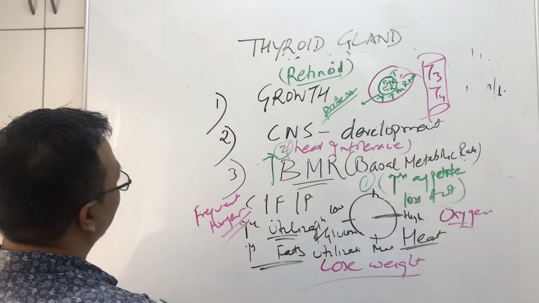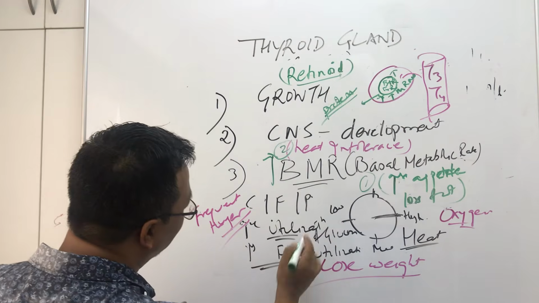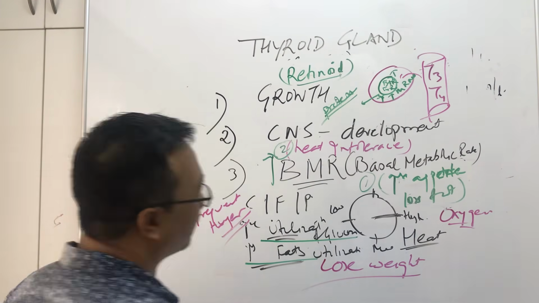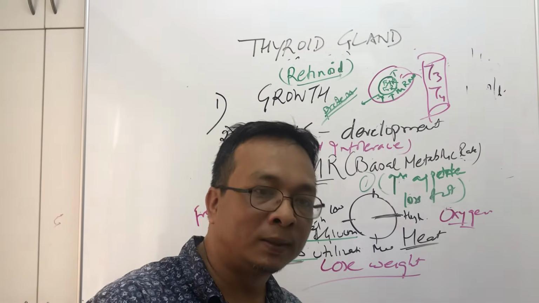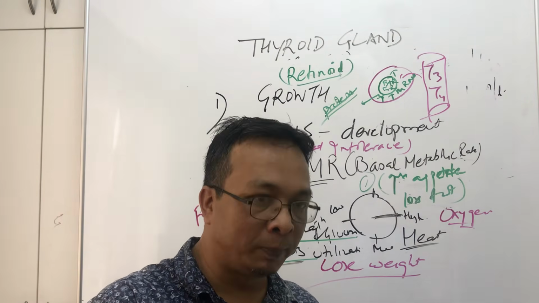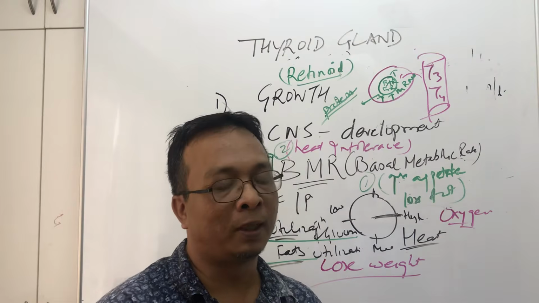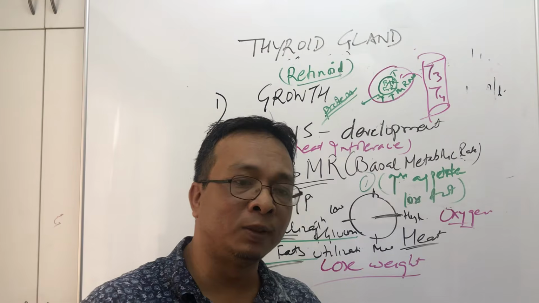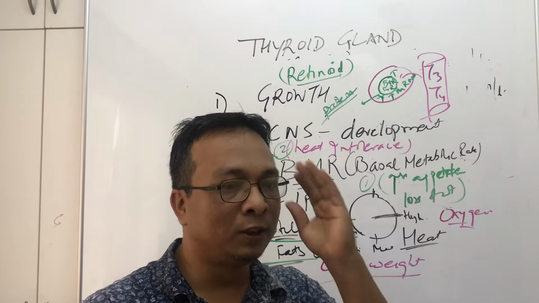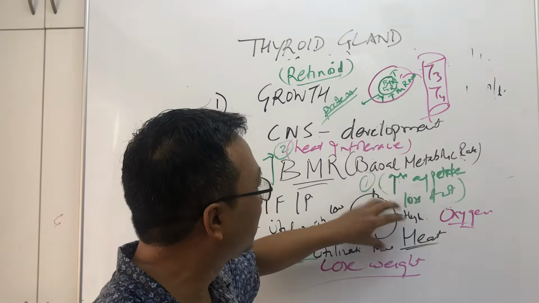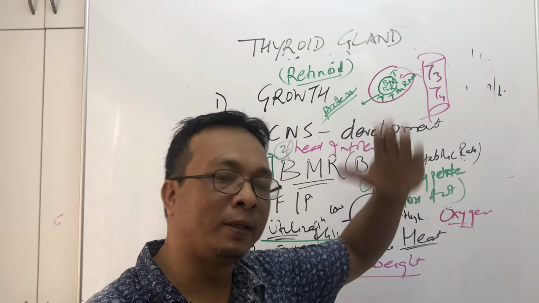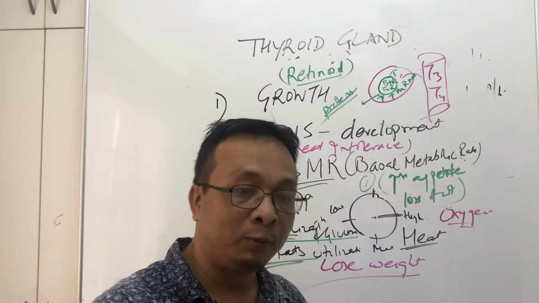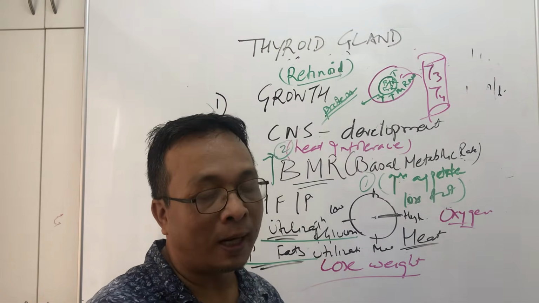And why is the BMR increased? Because you are utilizing lots and lots of glucose, lots and lots of fats. So that is also one thing: hyperthyroidism patients don't have a high cholesterol level. You cannot have a high cholesterol level in presence of high T3, T4, because T3, T4 uses all the fats. It will consume and burn the fats and produce energy. So you cannot have high T3 and T4 and also high cholesterol level. You cannot have both. But if you have low T3 and T4, then you can have high cholesterol.